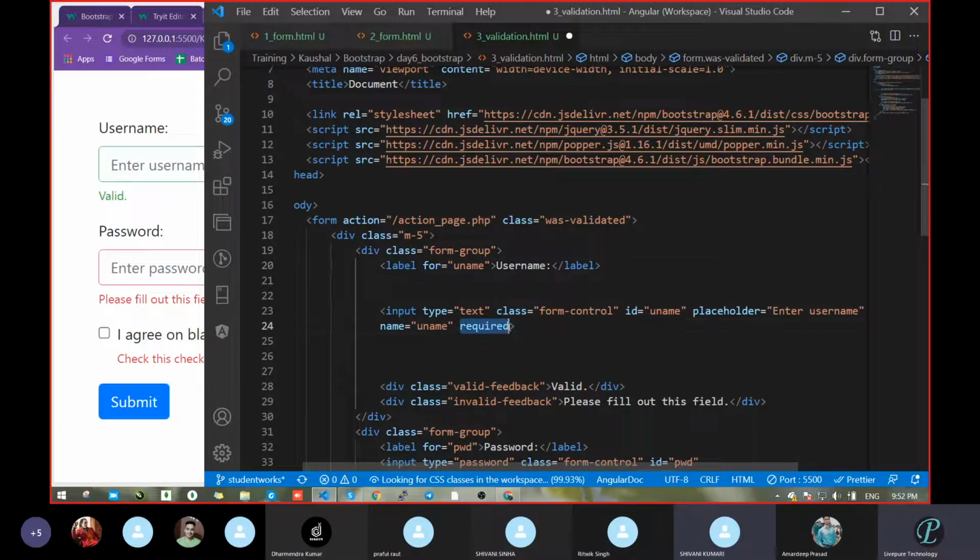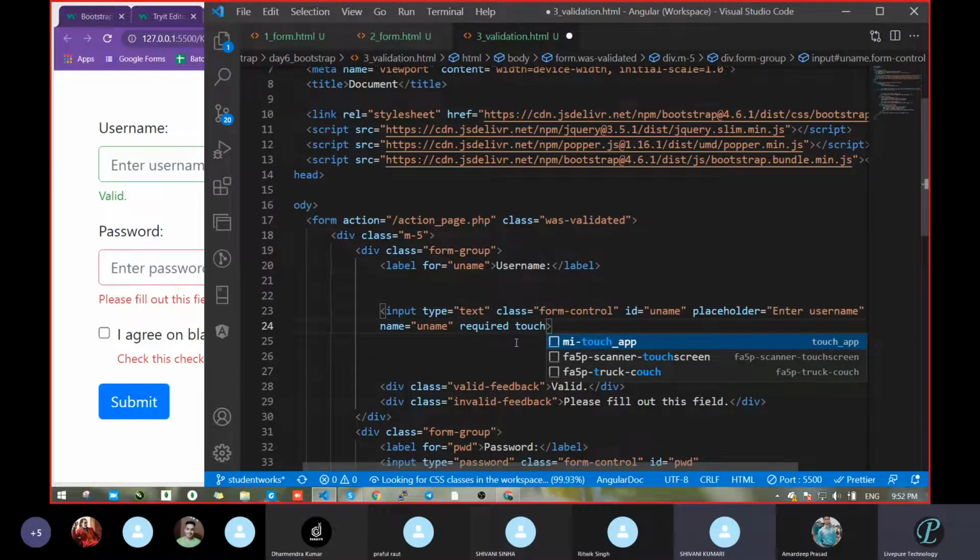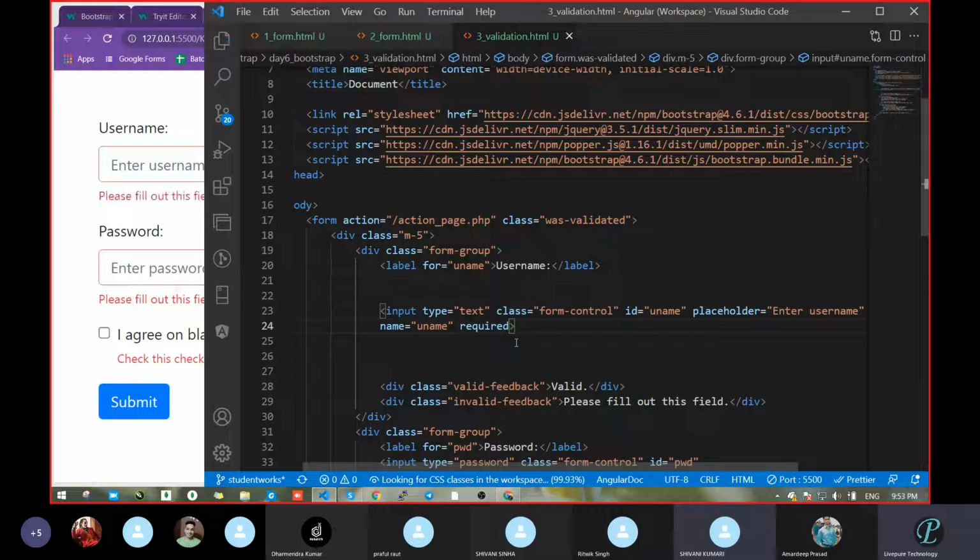Different features are there, like required, then touched. It's not showing here, but you will get this property because when you touch the form, that time it will detect and give you the pop-up warning message. So they have different properties, like whether the user has visited. The same thing we will learn in Angular, how we can detect each movement of the user.